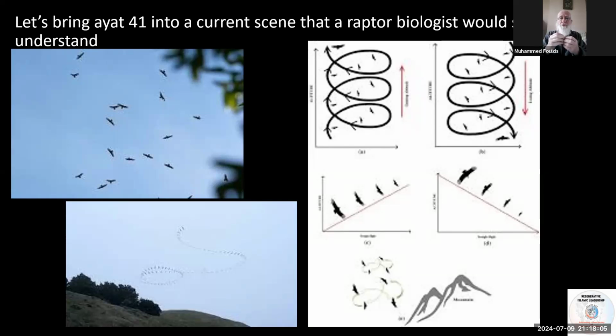So when Allah subhanahu wa ta'ala says, iqra bismi rabbika alladhi khalaq, when we penetrate the Quran, whatever Allah subhanahu wa ta'ala is talking about, trees, birds, vultures, mountains, we need to study and become scholars of all of these fields, hence the role of the polymath with the ulama. Then the imagery really comes alive. And we'll go on to the next slide, because then Allah subhanahu wa ta'ala brings this alive even more. Is there one more slide?